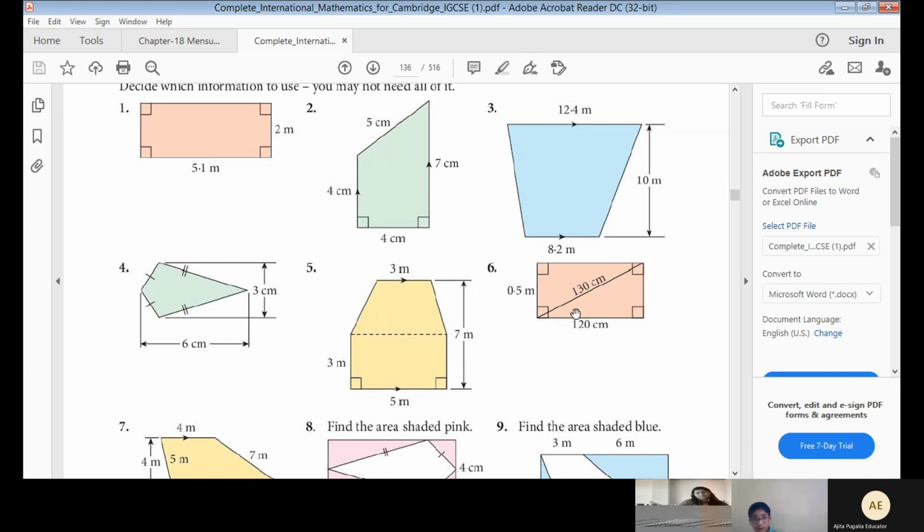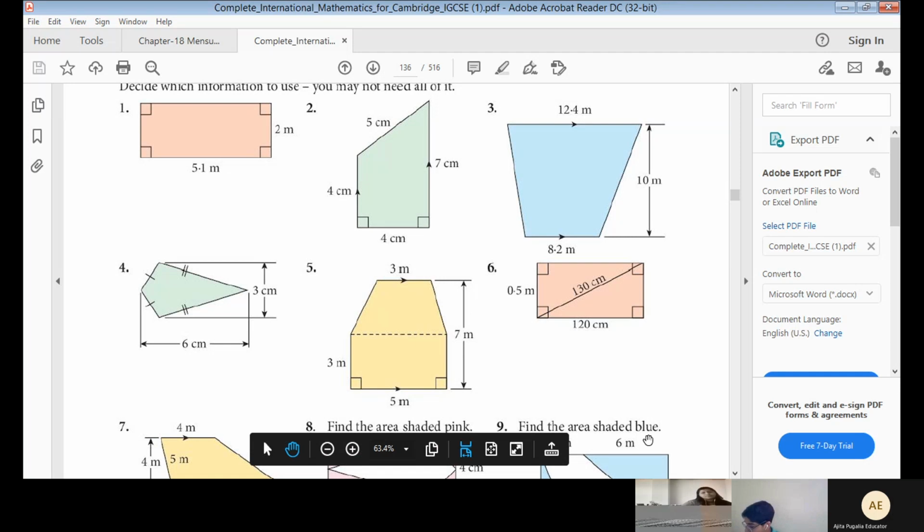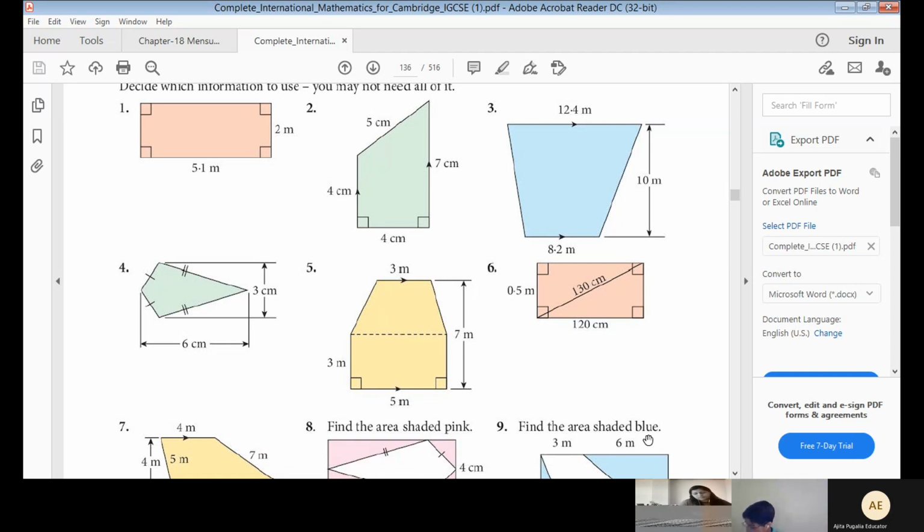Okay, let's just do it by halves. 8.2 times 0.5 is 4.1 meters. And times another 0.5 is 2.05. Done. Wait, no. I don't understand. It says the hypotenuse is 130 centimeters. So that would mean 8.2 times 0.5 times 0.25 should equal 130. But that equals 2.05 meters, which would be 205 centimeters.